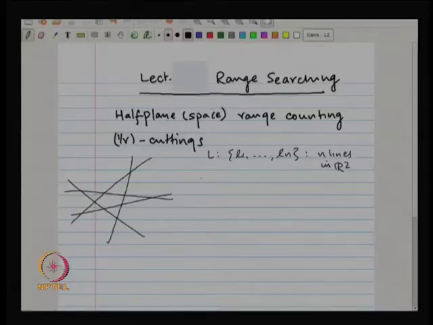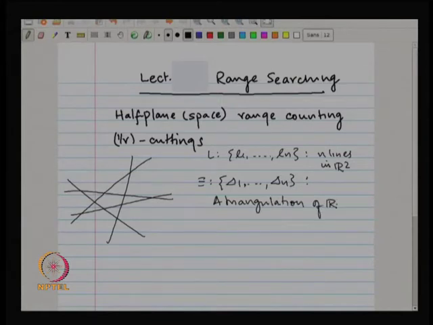So, a 1 over r cutting: you have a triangulation, and a triangulation is called a 1 over r cutting of L